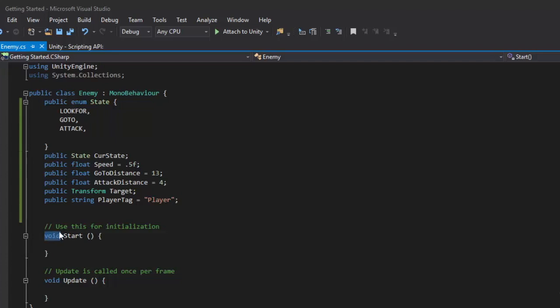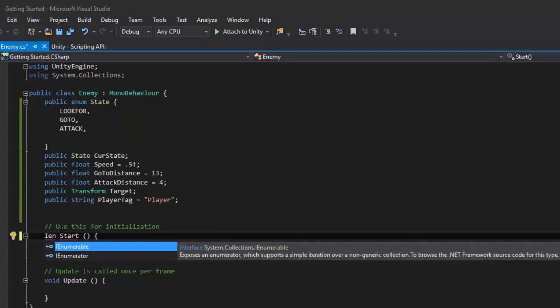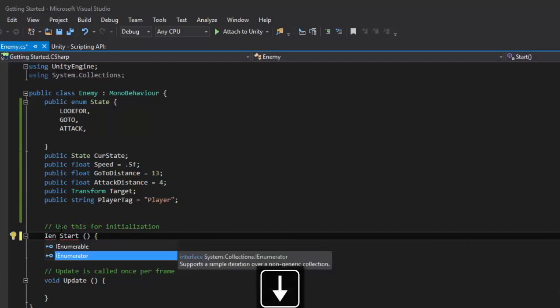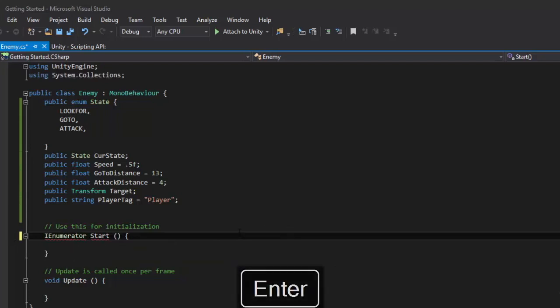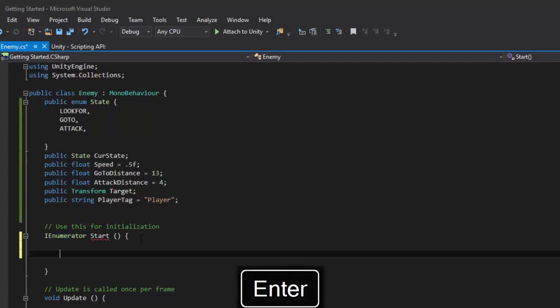And let's change this IEnumerator, not enumerable, enumerator, which supports a single iteration over a non-generic collection. Doesn't tell you a whole lot, but I just explained it to you. And the reason why this is a squiggly line is because it has to return a value. So we can do something called